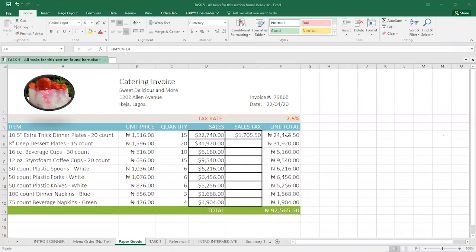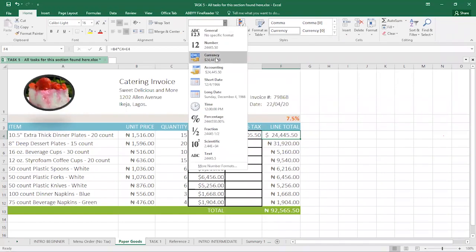Okay, so there are different ways of applying the dollar sign though. When you select that particular cell, in this section where you have number, you see that this has been formatted as currency. Now you can quickly just hit the dollar sign here, and it will change it to dollars. Or if you want to follow the long method, you can come here and click on currency,